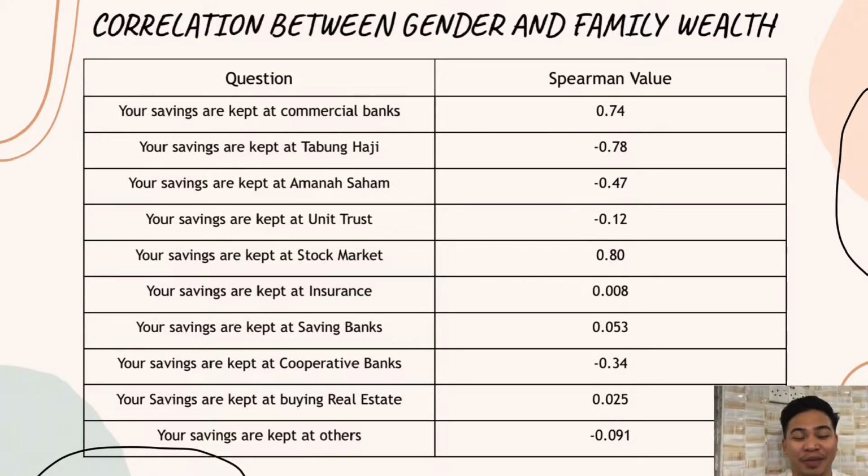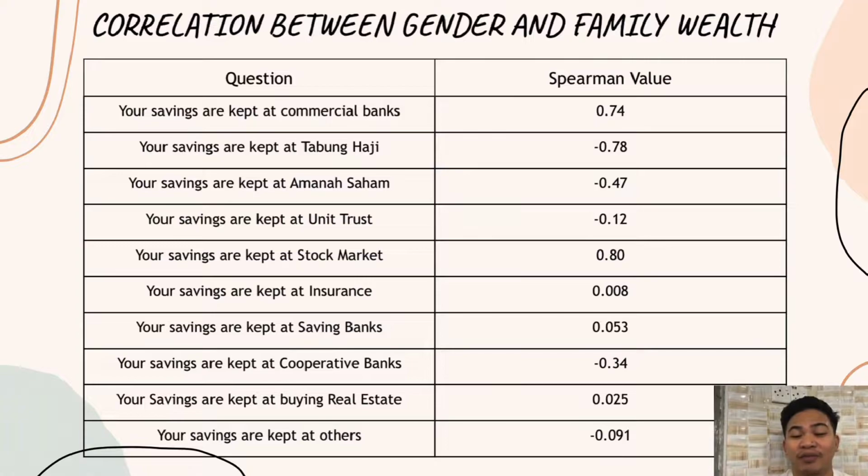Based on the table, for the question on whether your savings are kept at the commercial bank, the Spearman value is 0.74, which means it has a strong positive interaction. Savings that are kept at Abu Haji show a Spearman value of negative 0.78, indicating strong negative interaction. The same goes for savings kept at Amanah Saham and Unit Trust, which show Spearman values of negative 0.47